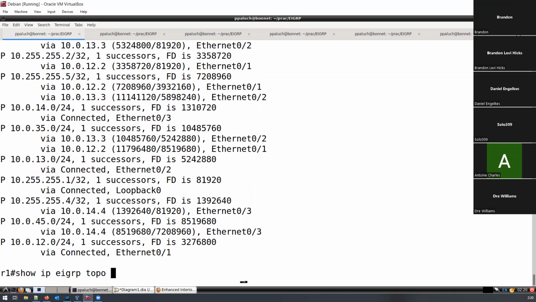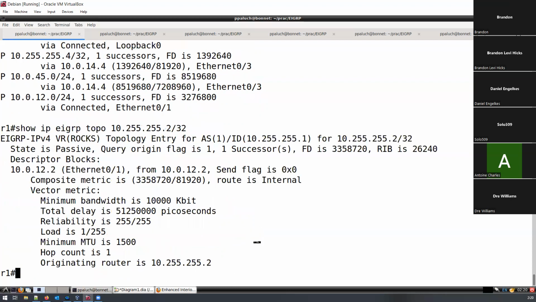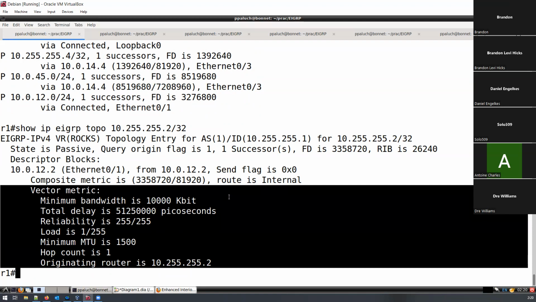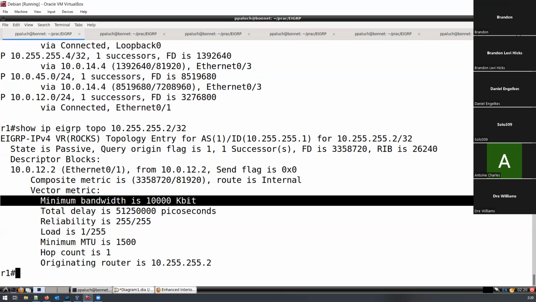Now let me pull out a specific record of a network. And I'm standing on the router 5. And for example, let me pull out information about a loopback that's located on router 2. And notice here, I'm going to highlight it for a moment. These are the individual metric components spelled out individually. There is the minimum bandwidth here. There is the total delay,